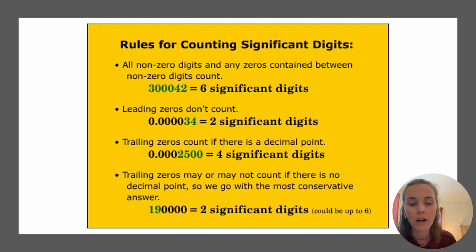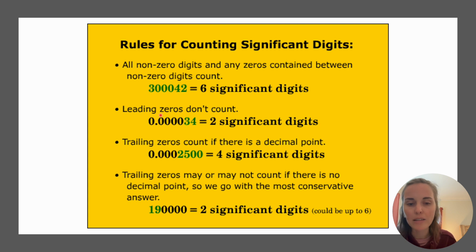So number one, all non-zero digits and any zeros containing different non-zero digits count. So basically, 300,042 has 6 significant digits. We're going to count all these zeros because they're part of the number. Whereas if you have